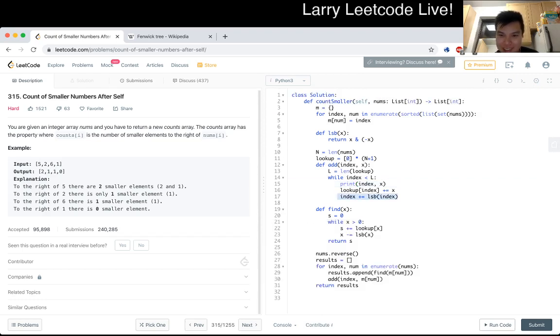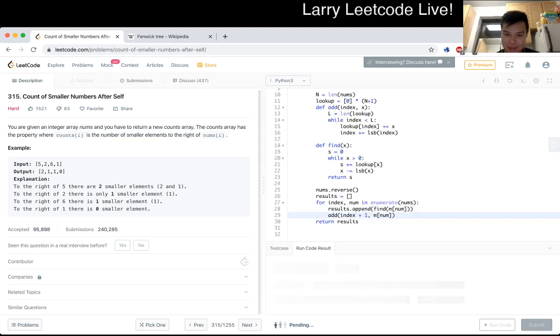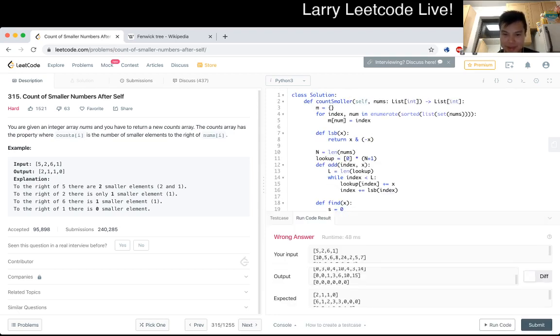I mean, I guess that makes sense. If index is 0, then does it never get a bit? Do I have to one index this? I guess so. That should be okay. And then it'll never be big enough. Okay, well, you know what they say: some answer is better than no answer. I don't know if that's actually true, but